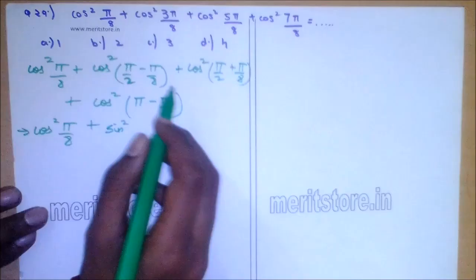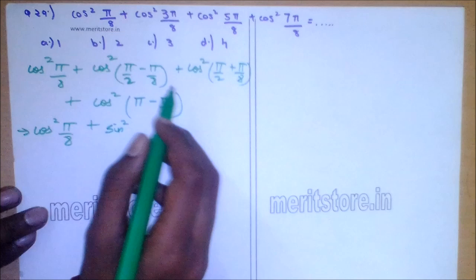We have to find the value of cos square pi by 8 plus cos square 3 pi by 8 plus cos square 5 pi by 8 plus cos square 7 pi by 8. The options are 1, 2, 3 and 4. We can write it in this way. So 3 pi by 8 is pi by 2 minus pi by 8, and 5 pi by 8 is pi by 2 plus pi by 8,